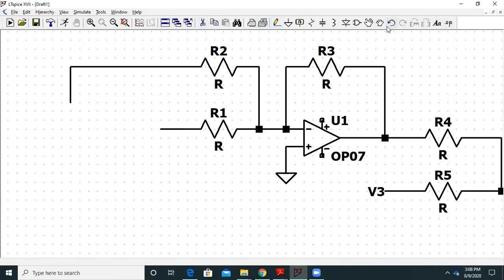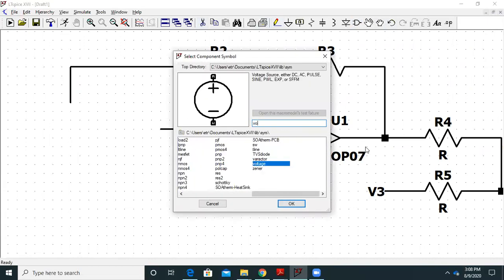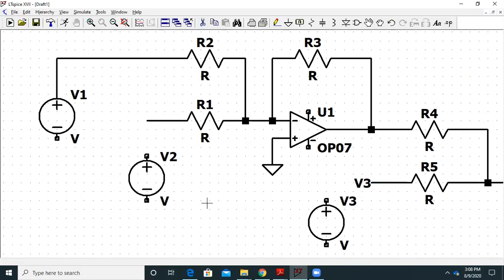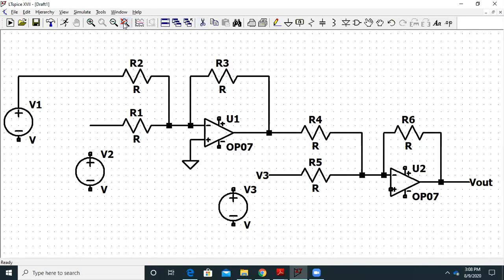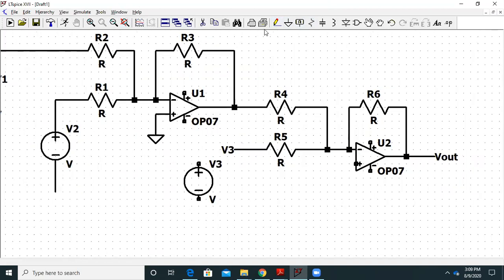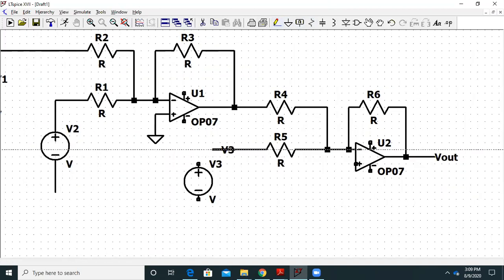So we have to connect external sources now. We have voltage sources. You can connect one voltage source over here, another voltage source over here, and another voltage source over here. Let us do the connections with a wire. Here I have connected like this. Here it is connected this way, and here it is the final source. Let me connect the ground now for all the terminals.